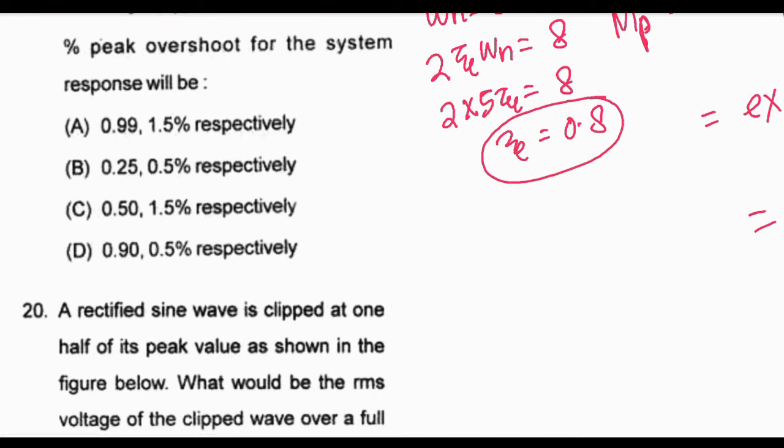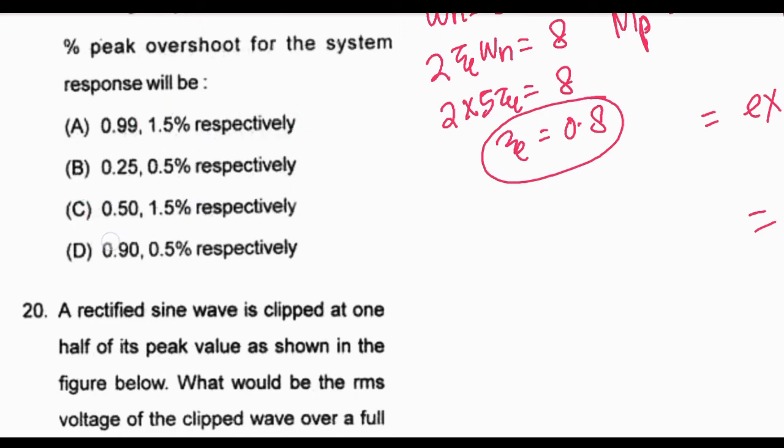Suppose this one, yes, there is 1.5%, but zeta value is not given. I think this one is 0.8, this one is given 0.5, but this should be 0.8,